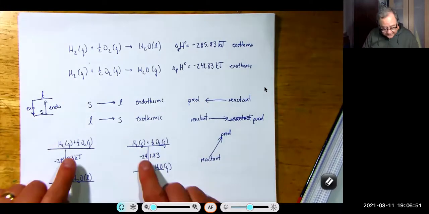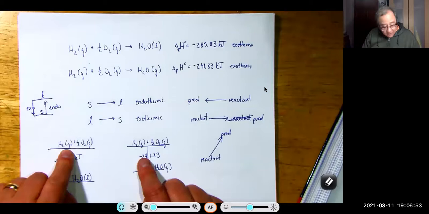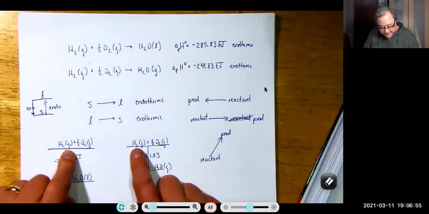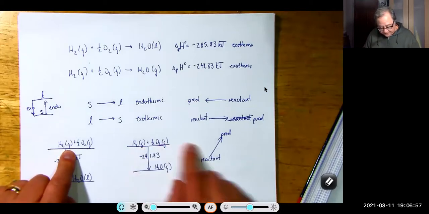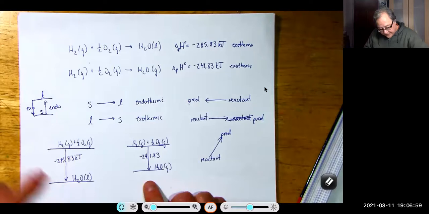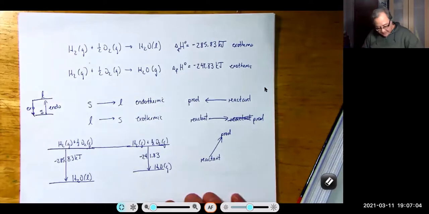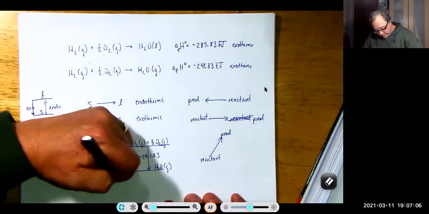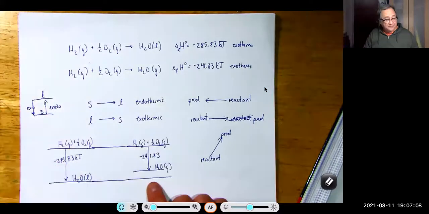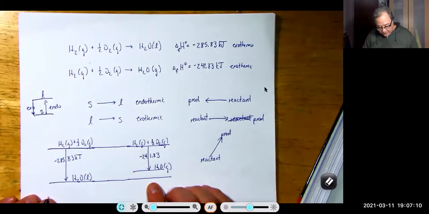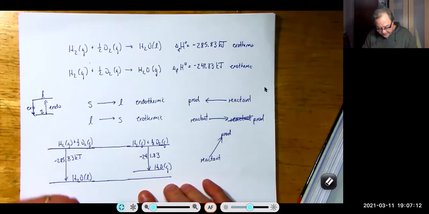Notice that this pair of reactants is exactly the same as this pair of reactants. And here we can actually connect that and say, oh, they're the same level. And here I can bring this over and we can see, oh, that's below that, right? So now let's take a look here. If we connect